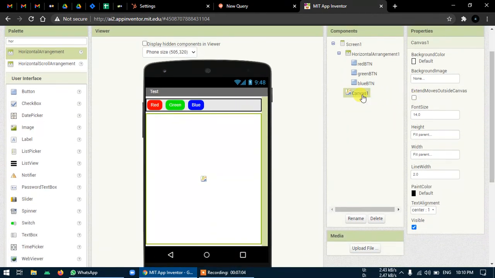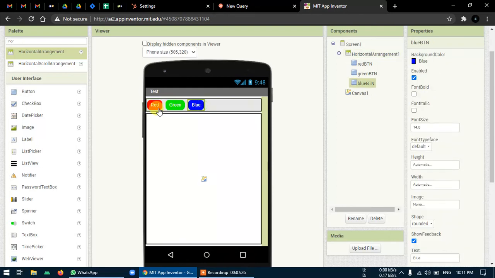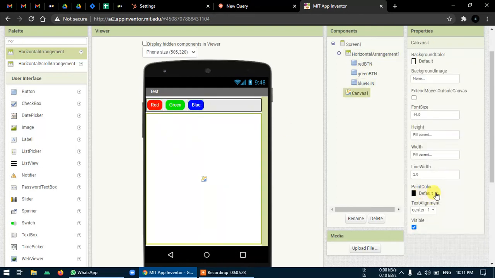Now you can see in canvas section, in this canvas we have a lot of properties, background image. So we can obviously upload an image and draw on that image also. That's also possible. Font size, okay, let's just not talk about the font size because that is a different portion. And line width, this is important. Line width and paint color, this is important because we will be changing this paint color whenever I click on this red, green, and blue. Based on the choice, we will be changing the paint color. Right now, by default, it provides black paint color. So if you try to draw on this canvas directly, it will directly draw with black color.